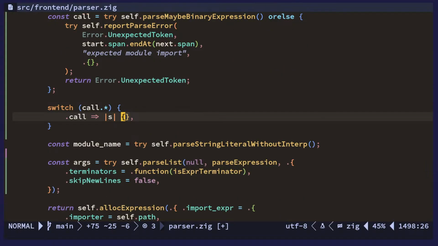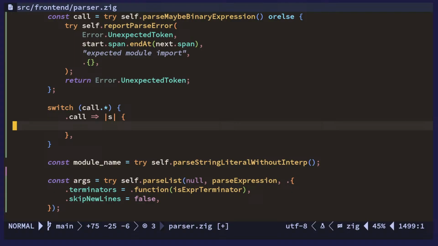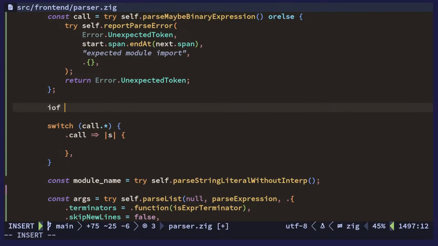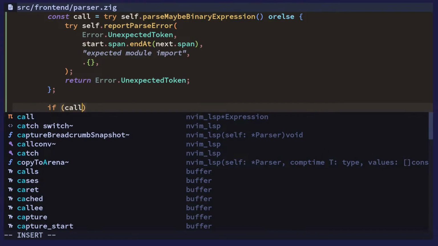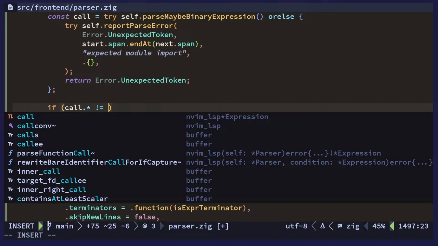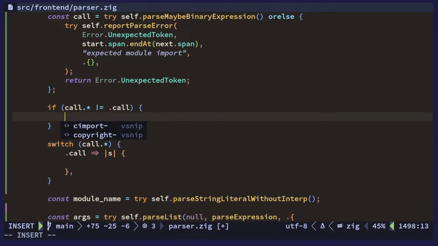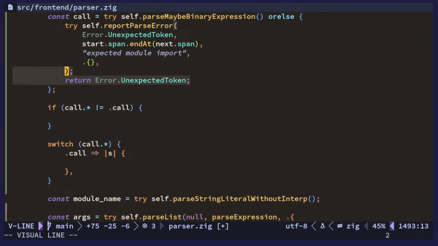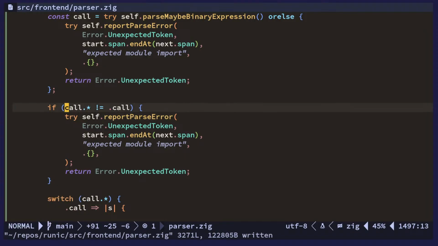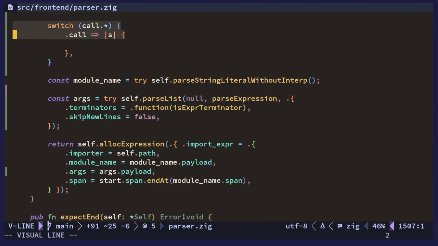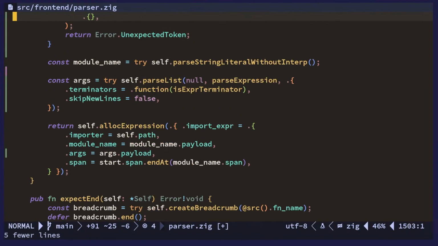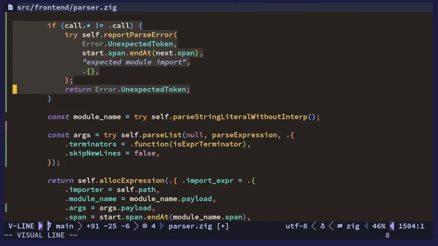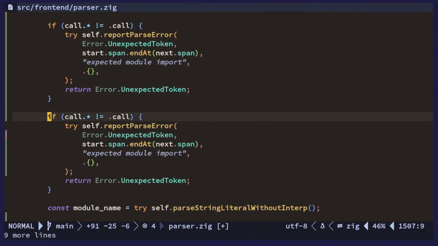If call is not equal to call, then we have another error, which is basically the same thing here. Now we know it's a call, so we can simply say we also expect the module name to be a string. So the call.callee,